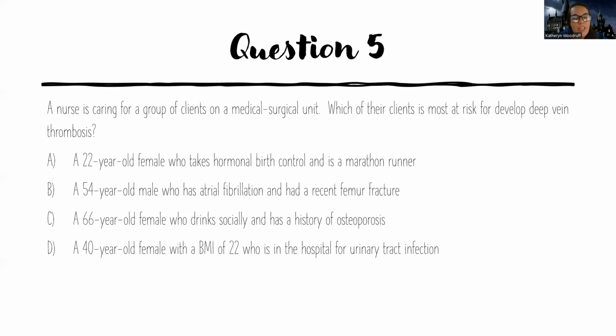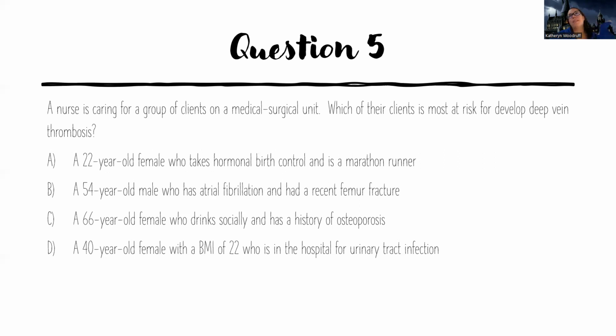So maybe she's, don't create a story here. I'm falling for the regular tricks. Like, don't create a story here being like, well, obviously they're going to be on bed rest and not be able to move. If anything, if she has a UTI, I could make up the story that she's getting up constantly because she has frequency. But we don't need to create a story here. It's really just looking at the simple facts of which of these is a risk factor, which of these patients has the most risk factors. And the only one who has multiple risk factors is going to be B, 54-year-old male with AFib and recent femur fracture, not long bone fracture. But anyway,